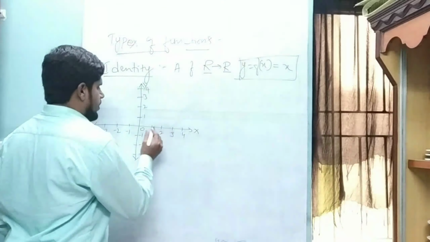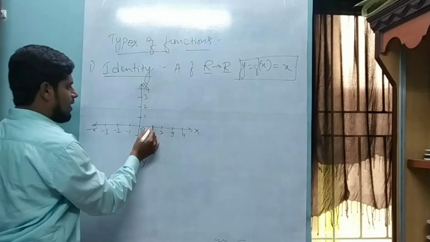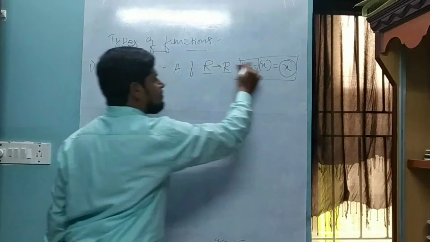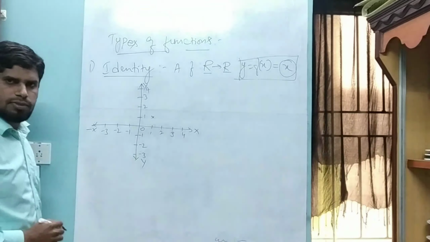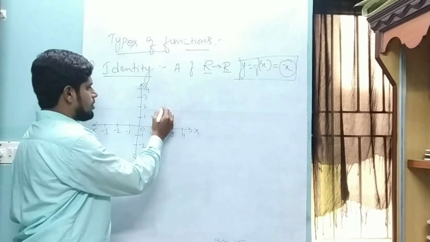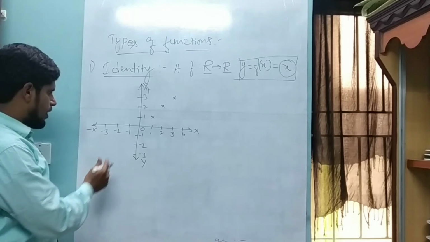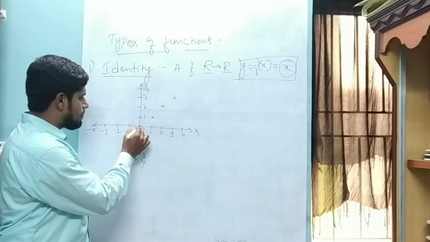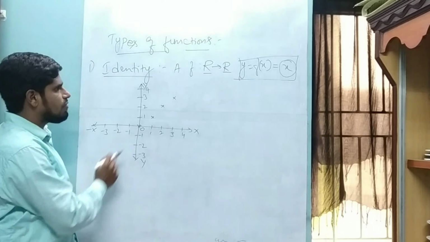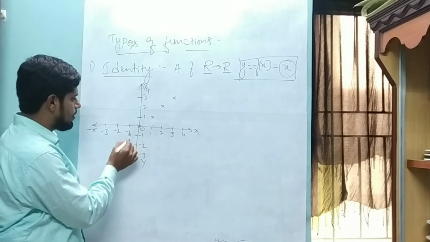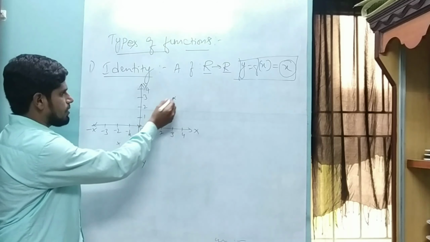So here if I put x is equal to 1, then what is y? Since y is equal to x, whatever values I give to x, the same values I will get for y also. So if I put x is equal to 1, then y is also 1, isn't it? If I put x is equal to 2, then y is also 2. If I put x is equal to 3, obviously this is 3. Let us check negative values. If I put x is equal to 0, 100% no doubt, it is 0 only. If I put x is equal to minus 1, negative values, then what happens? Obviously y is also negative, negative 1. If I put minus 2, it is minus 2, minus 3, so it is minus 3.